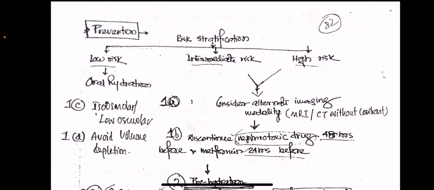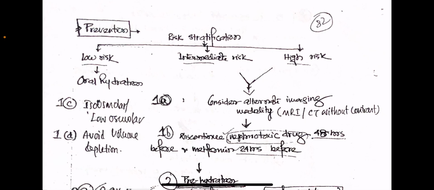Now, prevention. Risk stratification: low risk, intermediate risk, high risk. In cases of low risk patients, oral rehydration, isosmolar or low osmolar contrast, and avoid volume depletion. In case of intermediate risk and high risk, with oral rehydration, isosmolar or low osmolar contrast, and avoid volume depletion, we also consider